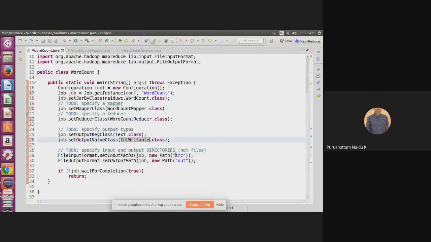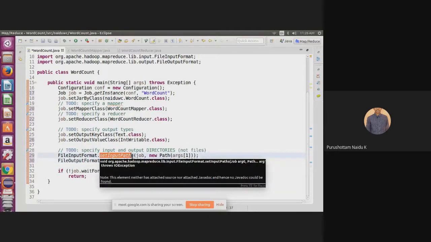From the command line, I give the input path as args[1], and args[2] is our output path. To set the input path, we use a method called setInputPath, again on the job.